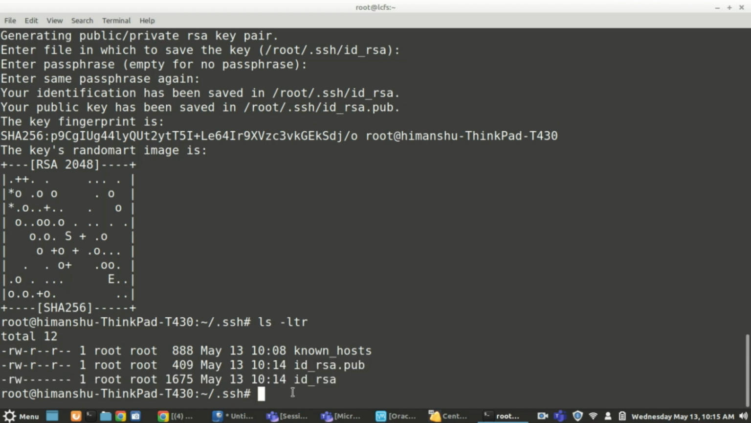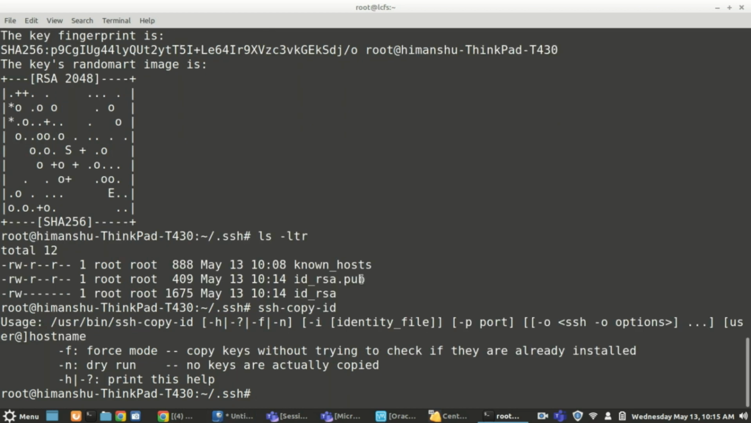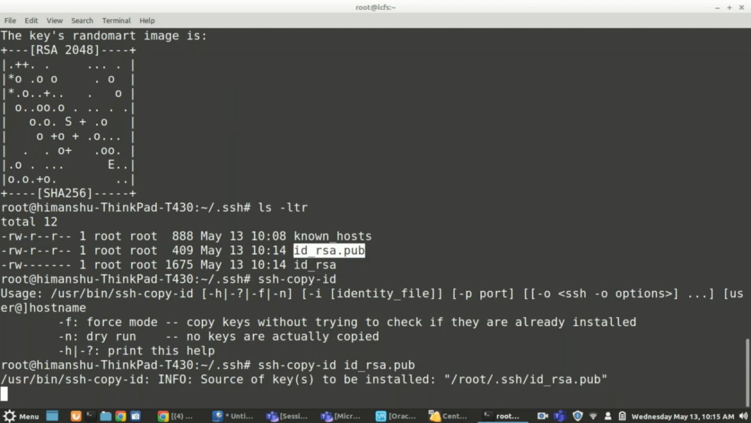So now, next I have to copy this. So there is a very simple command, ssh-copy-id. Now what it will copy, it will copy your key from your source to your target system. Okay, where is the file? So I have to copy my public key, so I will say public key,